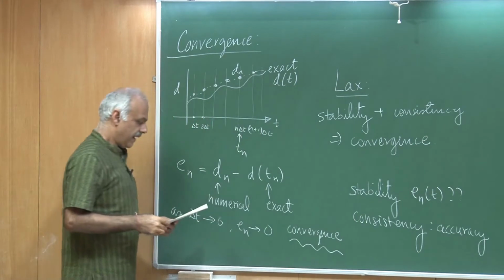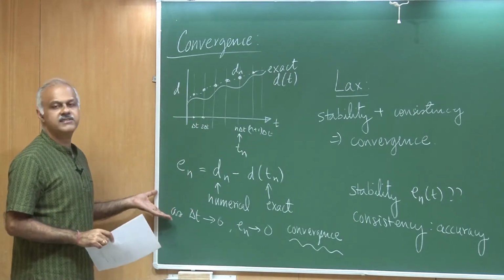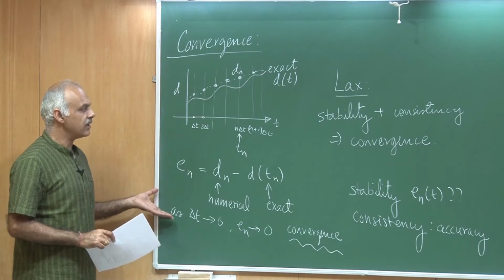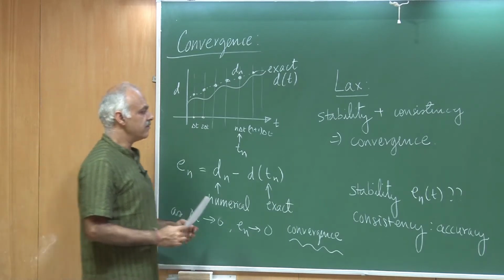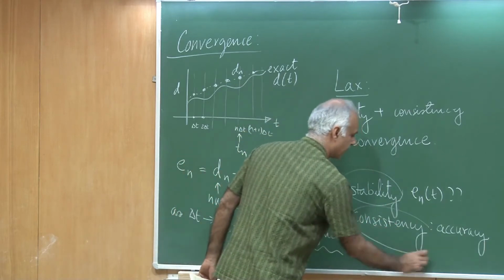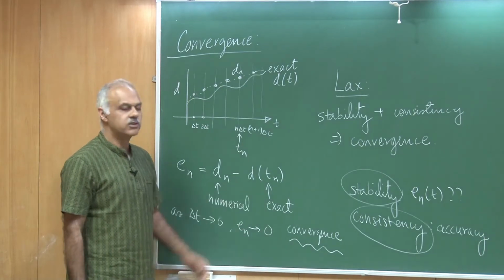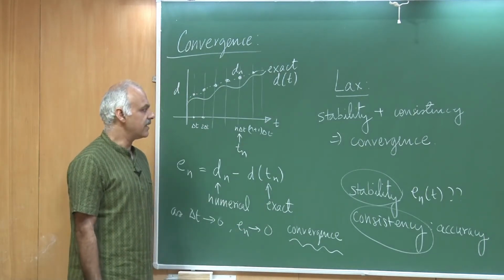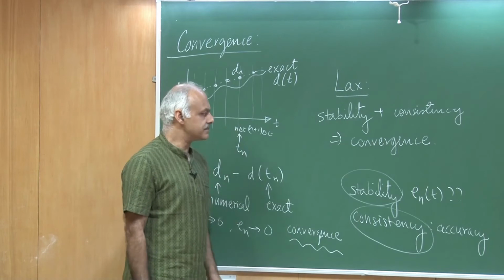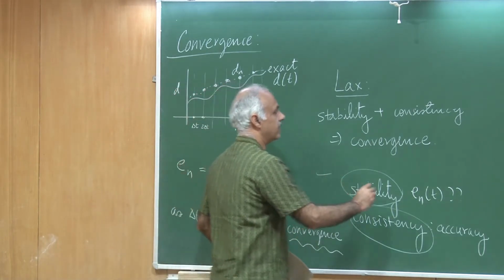And this we will show for our generalized trapezoidal scheme also, but before we do that, we will look at the concept of stability and we will look at the concept of consistency, and then perhaps we will be able to see how the two of them put together lead to a convergent algorithm. So, the first concept therefore is stability. Let me illustrate that.